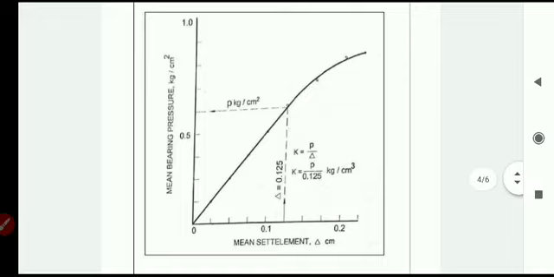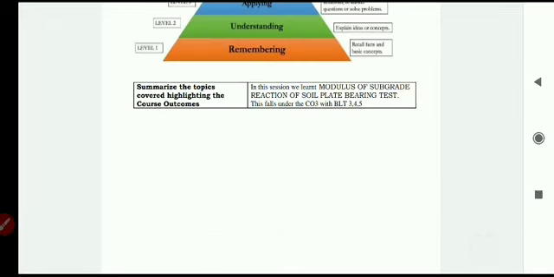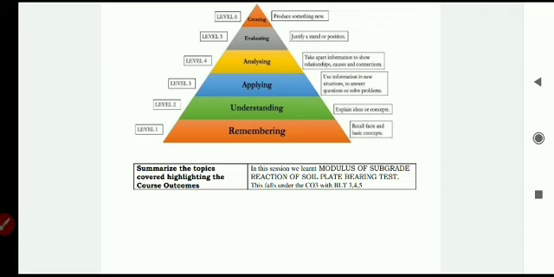So friends, whatever we discussed in today's class comes under course outcome 3 with Bloom's taxonomy levels 3, 4 and 5. Means we are applying the knowledge here, and analyzing, because in the laboratory we are doing the test and evaluating some value outcome. Okay, so this is about today's class.